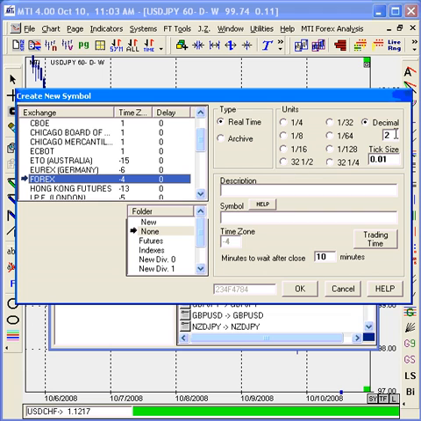Then, on the right-hand side, when working with symbols, you must change the decimal and tick size for any specific symbol. When you're working with currencies ending in JPY, the decimal and tick size will remain as defaulted here on the screen, which is a decimal of 2 and a tick size of 0.01. Any other currency will be used as a decimal of 4 with a tick size of 0.0001. In this case, we're using the AUD, so we'll change the decimal to 4 and the tick size to